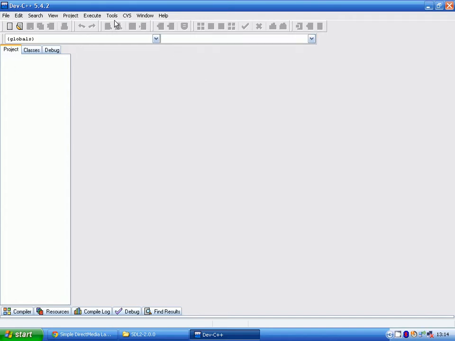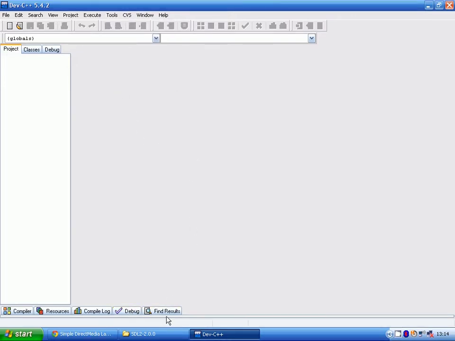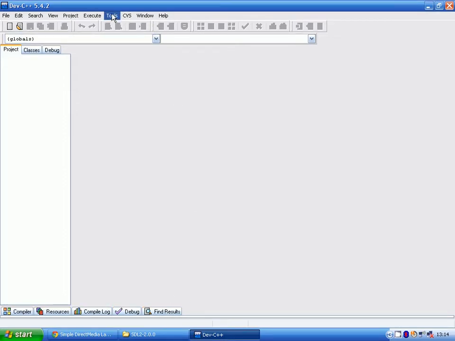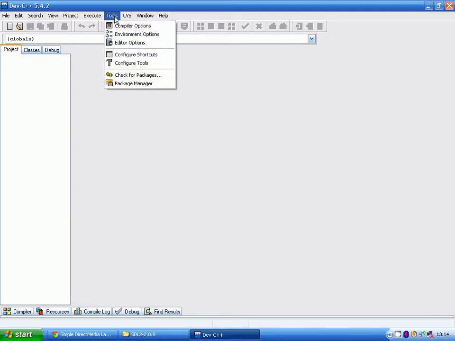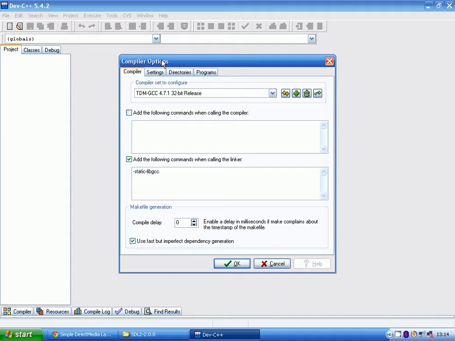What we're gonna do is, first of all, don't do anything else, is Tools. I'll tell you now, your bar down here may not look exactly like mine when you first start. It may look different because I've changed a bit of the settings to make it look a bit nicer. But the compiler options, oh yeah, when you first open this, it will give you some visual options that you may want to put onto your IDE. Pick what you like, and yeah. Oh yeah, make sure that you pick the GCC compiler that comes with this. And then Dev C++,